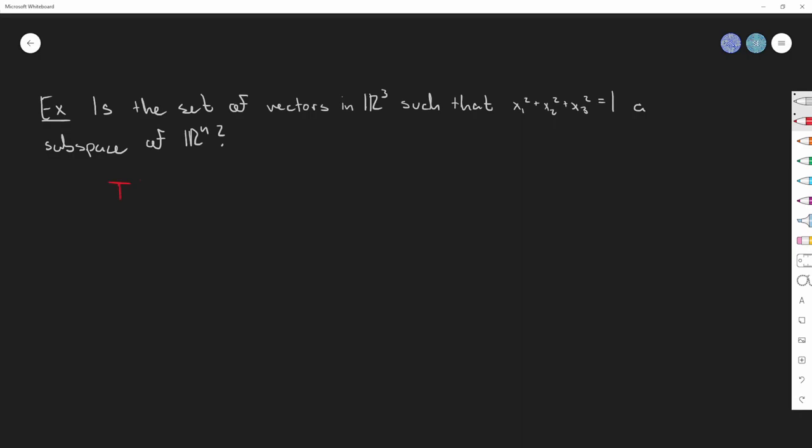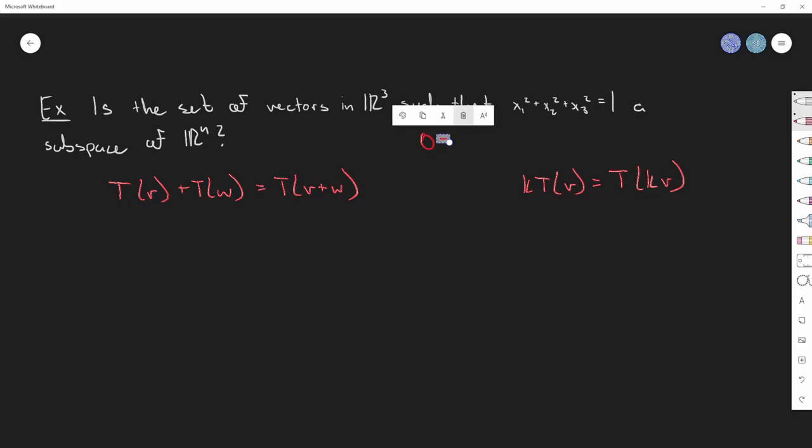The first one is that if two vectors in the set are added together, the sum is also in the set. The other one is that if you multiply a vector by some constant, the new vector will also be in the set. And the third one is that 0 is in the set. These are the three conditions we have to check in order to know if a particular set is a